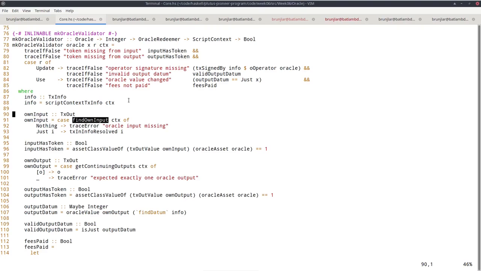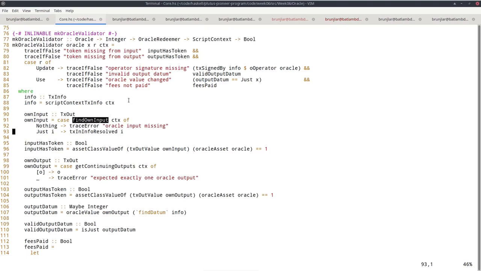In any case, if that happens, I just say there is no input, but we should never end up there. And if we have an input, then it's of type TxInInfo, and then I can use txInInfoResolved to get the corresponding TxOut. So this ownInput is now the oracle output I'm trying to consume.